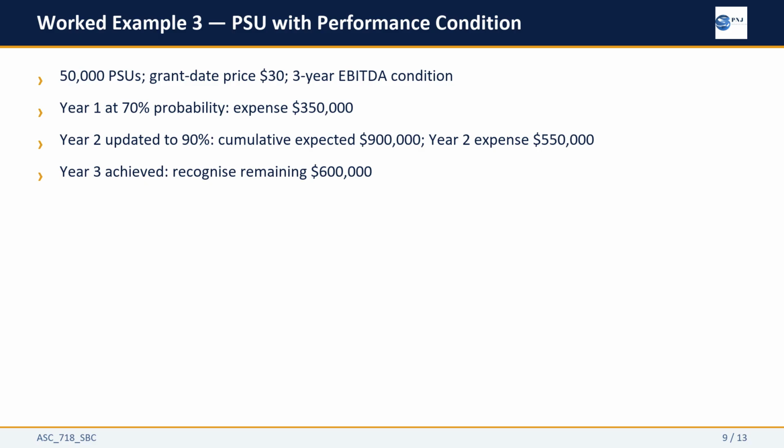$550,000. In year 3, the EBITDA target is achieved. The remaining amount to reach the 100% cumulative total is $1,500,000 minus $900,000 already recognized, $600,000. Notice how the year 2 expense of $550,000 is larger than year 1 precisely because both the higher probability and the catch-up are reflected in the same